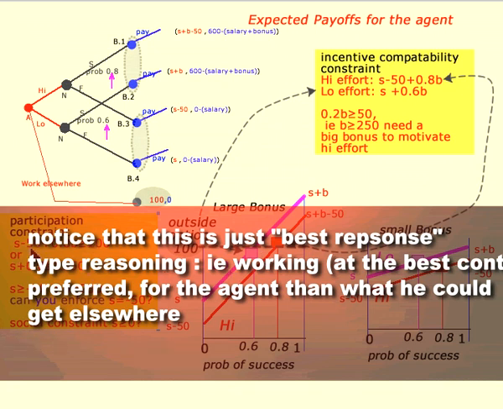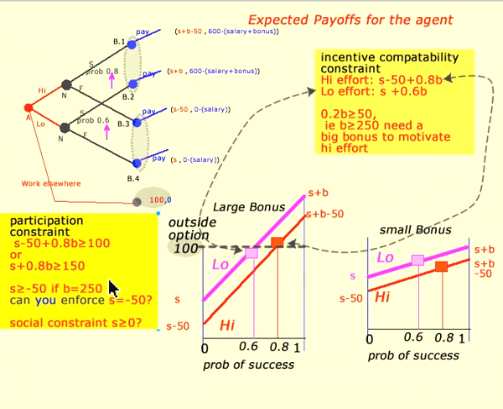so that geometry is translated into that algebra over here. Here's the expected payoff for high effort. It has to be greater than or equal to the outside option salary they have. Do some rearranging, and we find that if the bonus is equal to 250, then the salary can actually be greater than or equal to minus 50. What's a minus 50? Well, a minus 50 is a negative salary. That means the employee pays you 50 no matter what the outcome is, for the opportunity to get hold of this big bonus at 250.